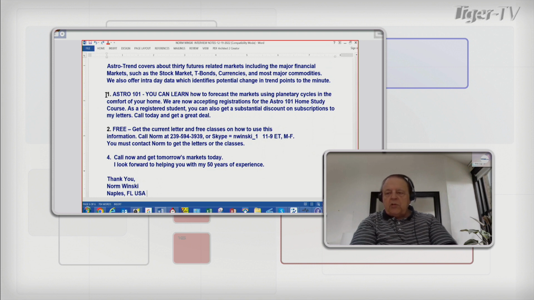Okay, second question comes from Laramie, Wyoming, and the question is, if you had to pick two things, God says, Norm, you can only trade on these two things, what would those two things be if you were looking at astrology? You only trade two things? No, you can trade anything, but what if you had to pick two things out of the war chest that you have, whether it's wheat or the S&P or coffee or anything? If you had to pick two things. I don't even know if you can answer.